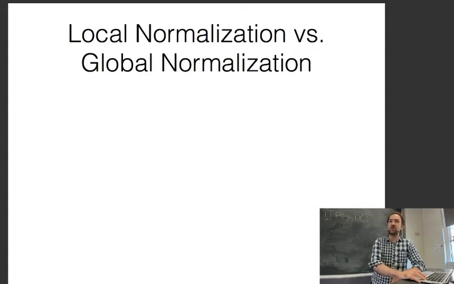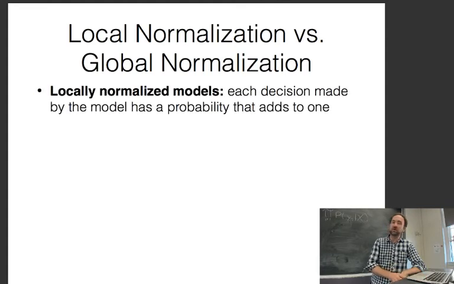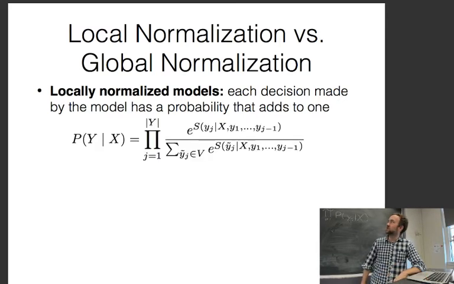Another set of terms is local normalization versus global normalization. All the models I've talked about so far are locally normalized. What this means is that every decision they make is a probability. So before every decision you make, you take a softmax and you calculate a probability, so they're between 0 and 1, and then you make that decision. You can see this by taking the product here, and each of these